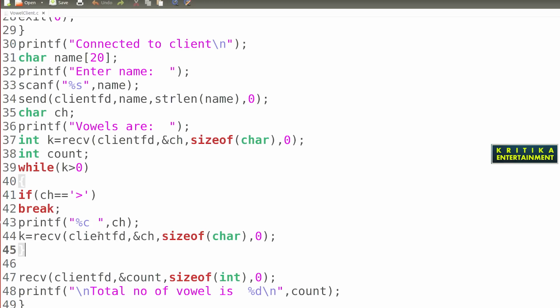So what will happen? The total count, the number 2, will be received by this receive function.